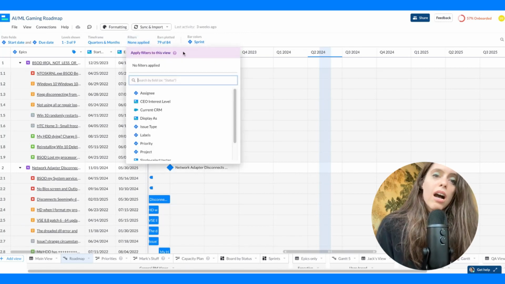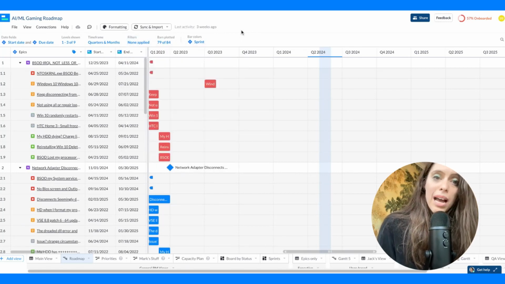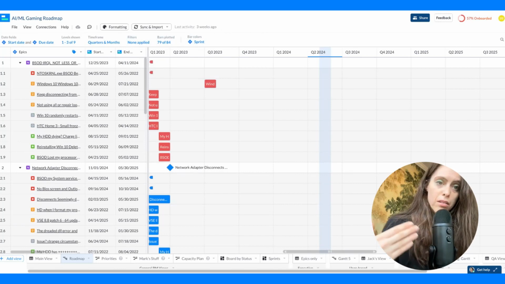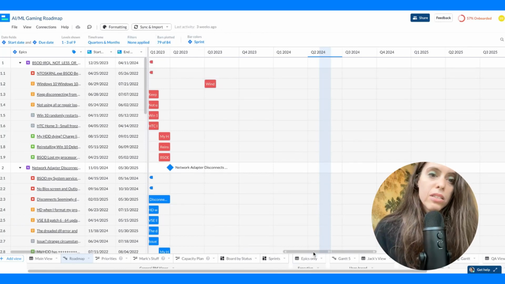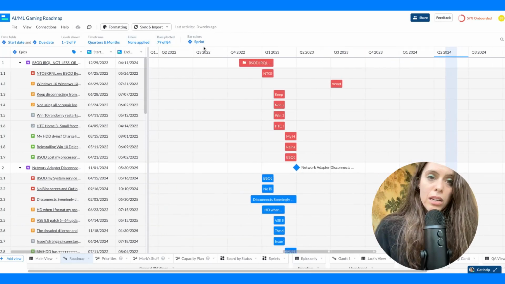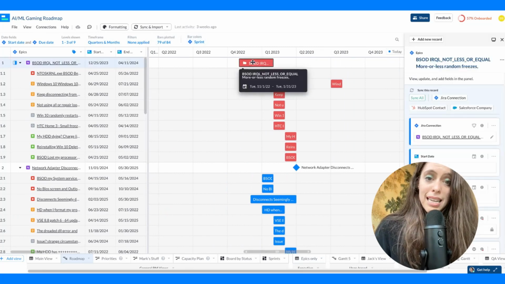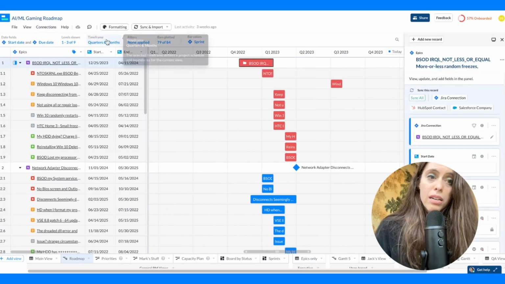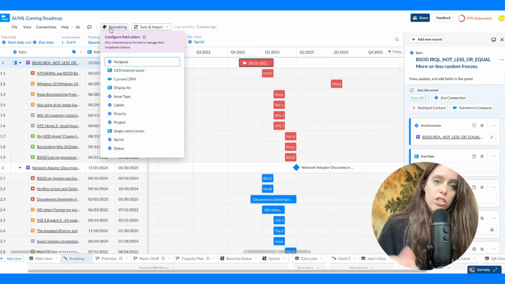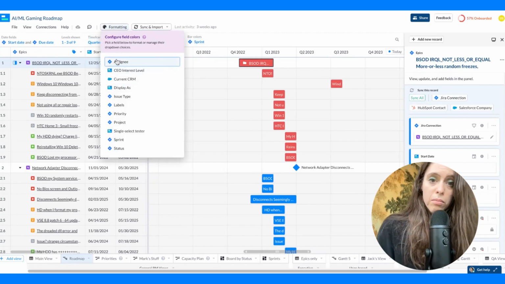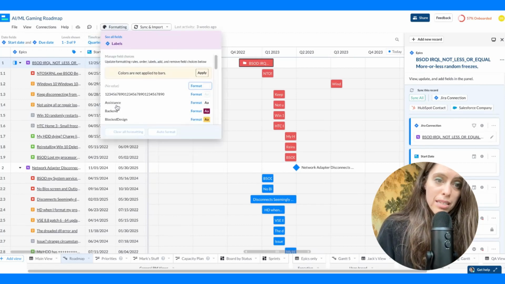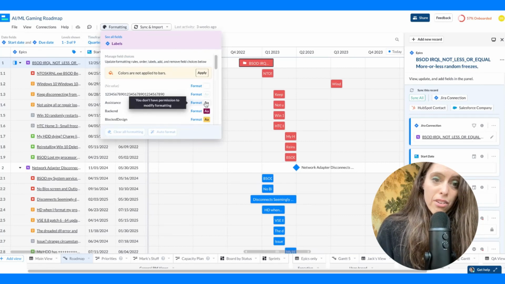So whatever fields you have, you can filter the selections from those fields. And you can also choose the exact formatting that you want all the way down to the RGB level for whatever field you want. So in this case, if I have issue type or labels, I can choose the formatting